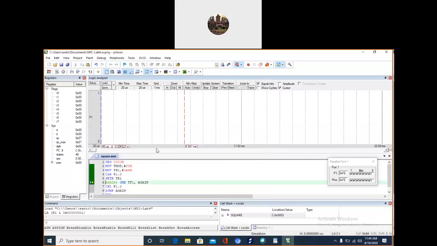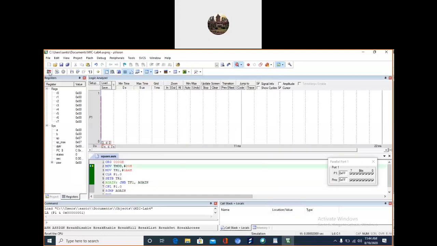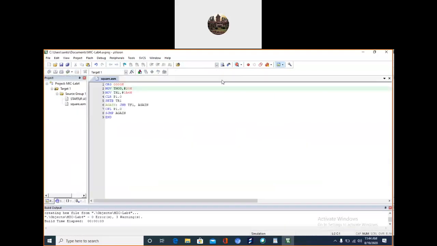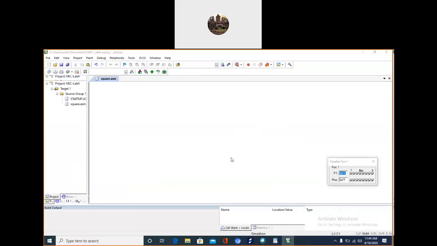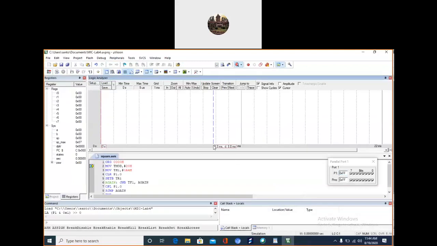Then I restart it. Some settings are missing.